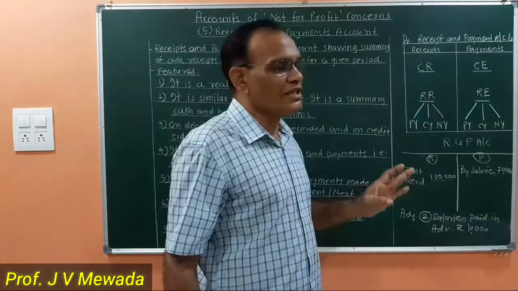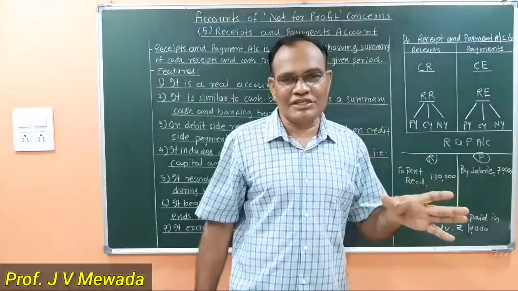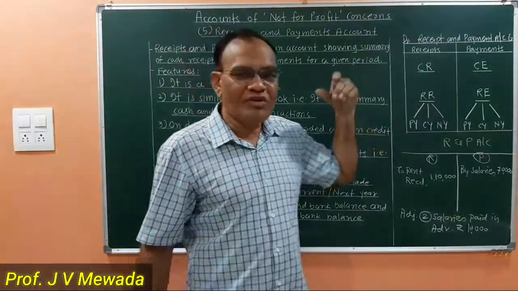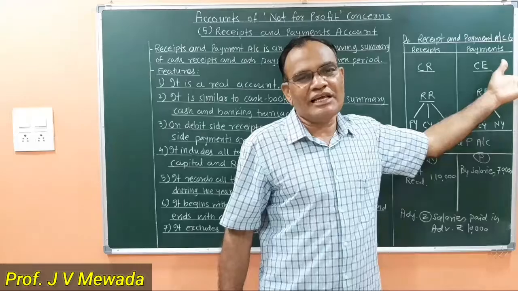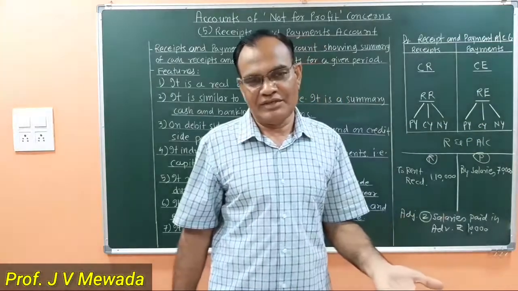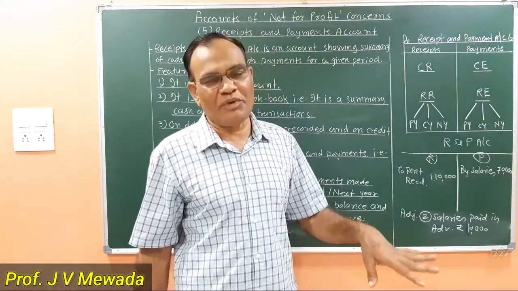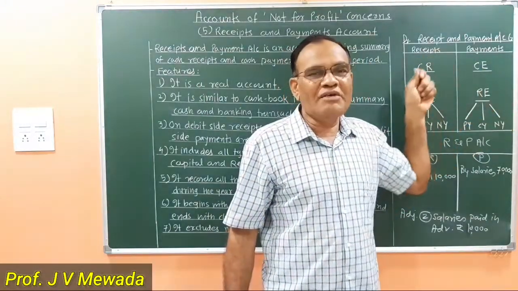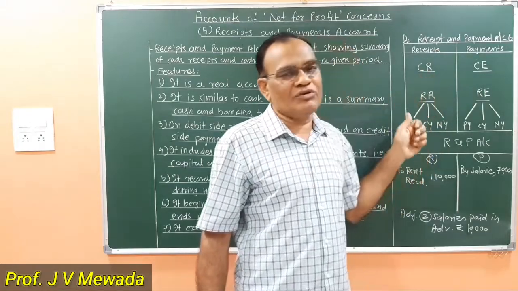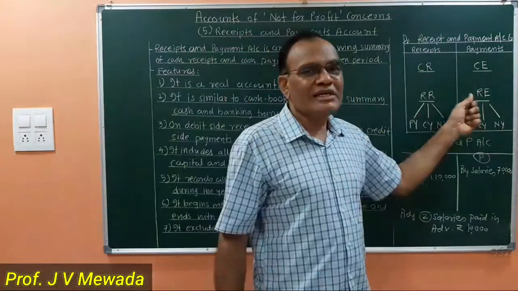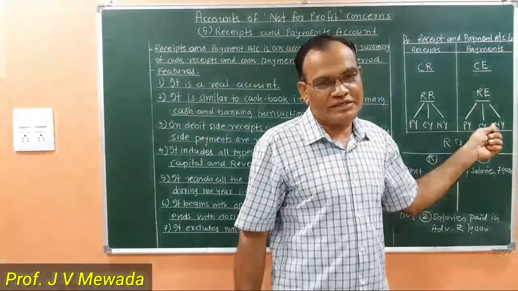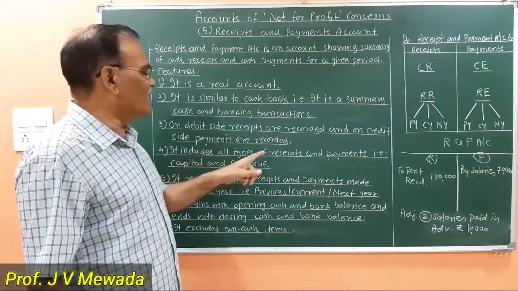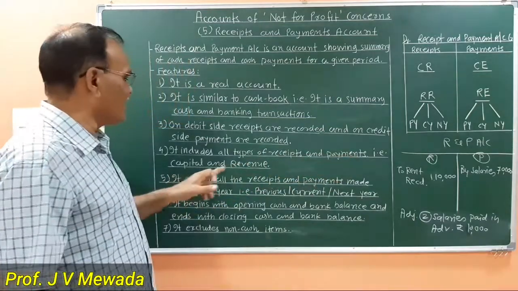So there is no distinction whether it is a capital receipt or revenue receipt, all receipts are recorded on the receipt side. At the same time, we are also making payments, capital payments, like purchasing assets, and I am paying salaries, which is a revenue payment. So it is recording all types of receipts and all types of payments. All types of receipts means capital receipts and revenue receipts. All types of payments means capital payments and revenue payments. So that is feature number 4.